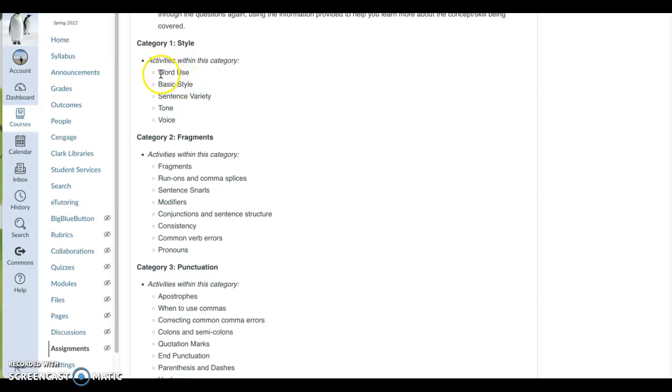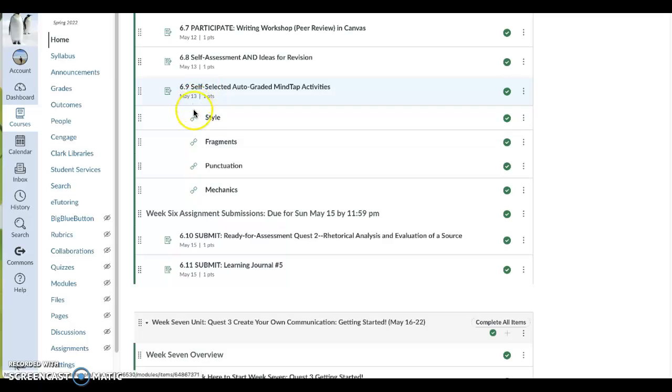Once you get into an activity, for instance, if I choose word use in style, there might be several questions within word use, and I need to complete all of those questions in order to complete that activity. So let's take a quick look at that. We'll go back to the main page. I'm going to click into style,